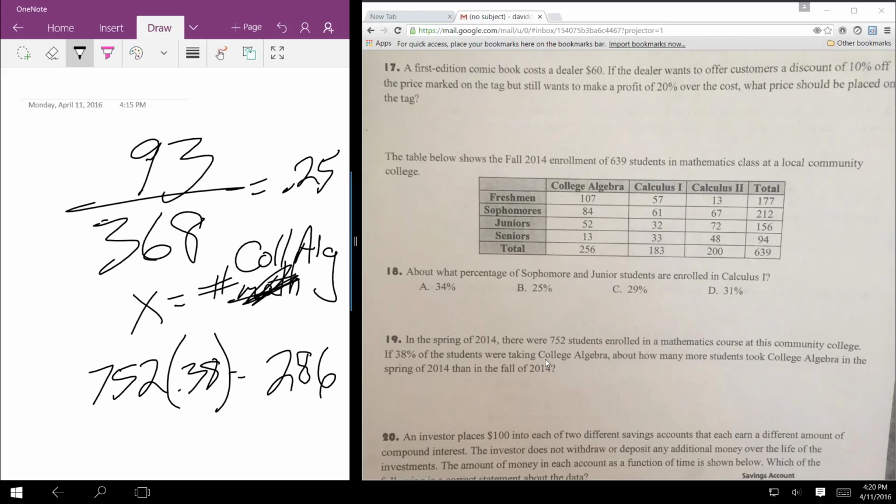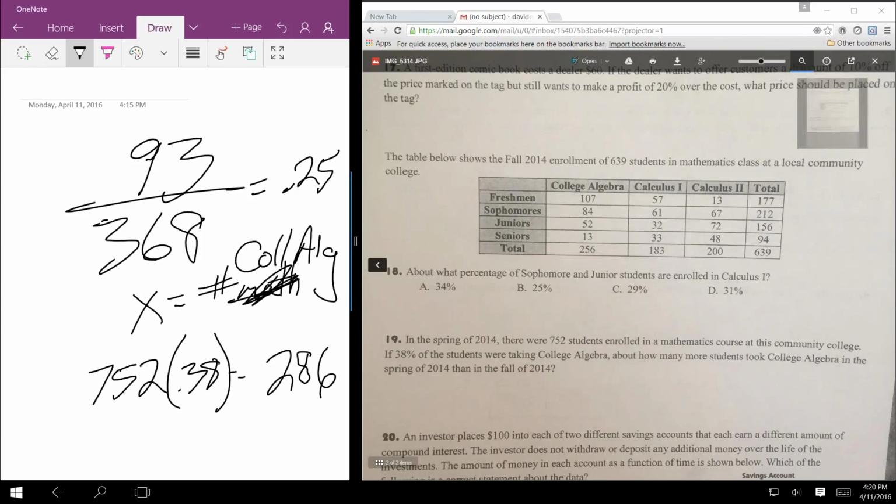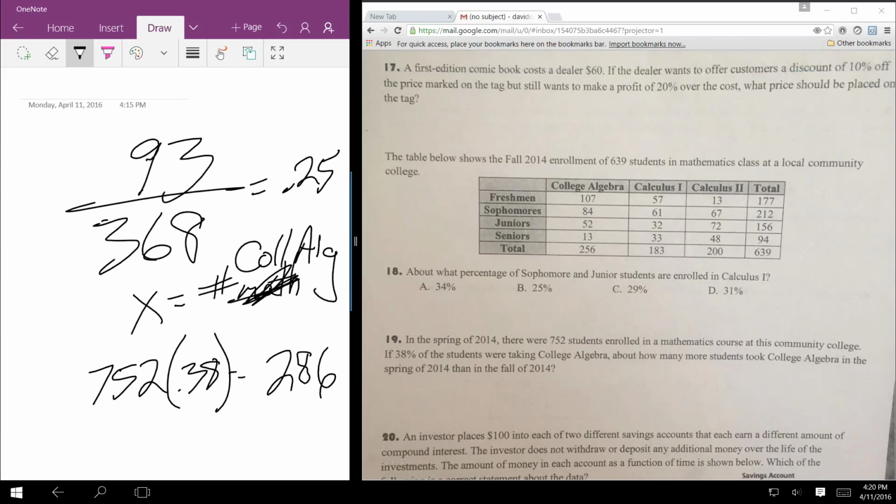Let me do it. 752 times 0.38. Yeah. Interesting. I guess they rounded off their 38%. It wasn't exactly 38%, because you can't have half a person. So I rounded up, and we have 286 people who were taking college algebra in the spring